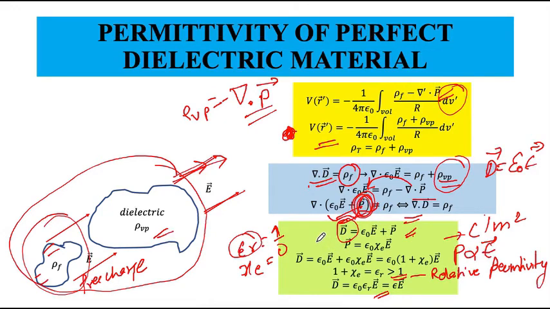Sometimes this is shorthanded further and simply written as epsilon E. You have to note from this that epsilon could be different in different materials, because the polarization vector P would be different in different materials. Some materials will have a small value of polarization, some a large value of polarization, and some materials would be at different temperatures. Although we have D equals epsilon times E.